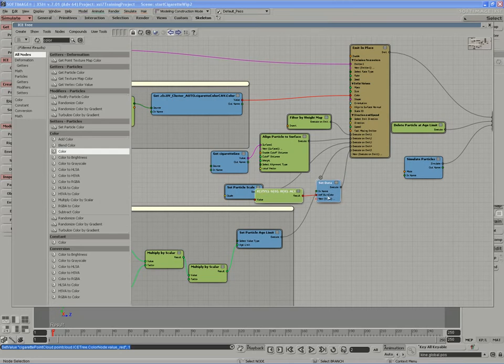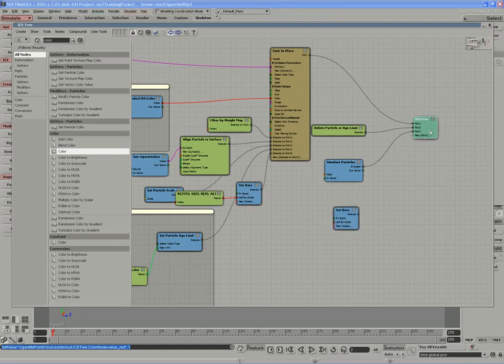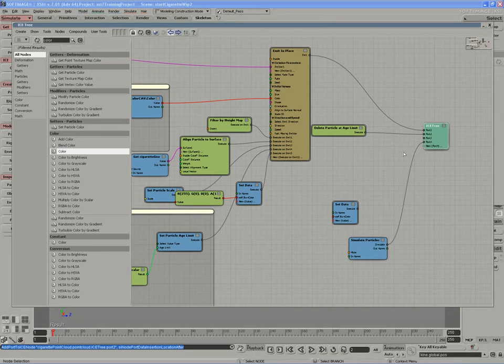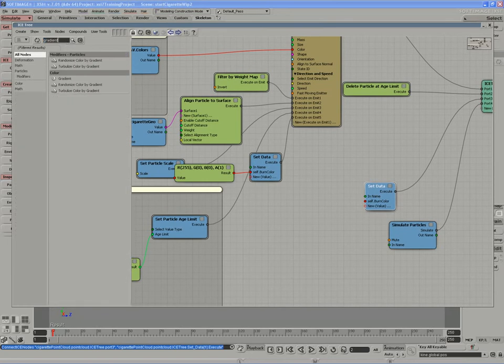To actually use this burn color in the render tree, I'm going to set up another set data node by copying and pasting, and establish an animated stream for this burn color in the terminal port of my ICE tree. For this burn color, I'm going to get a gradient, and I'll pull the gradient into my graph, and if I set my burn color according to the gradient, I'll